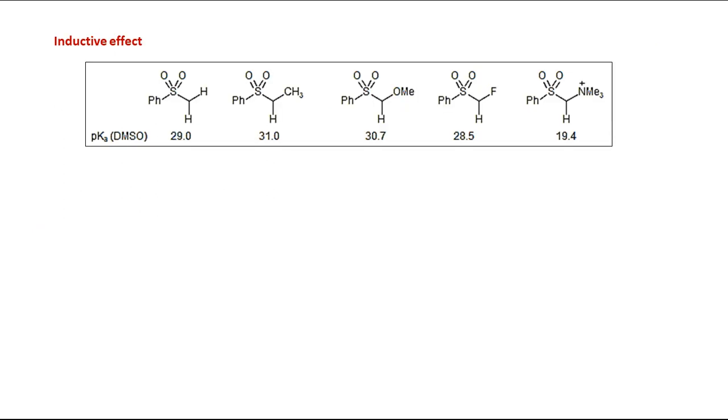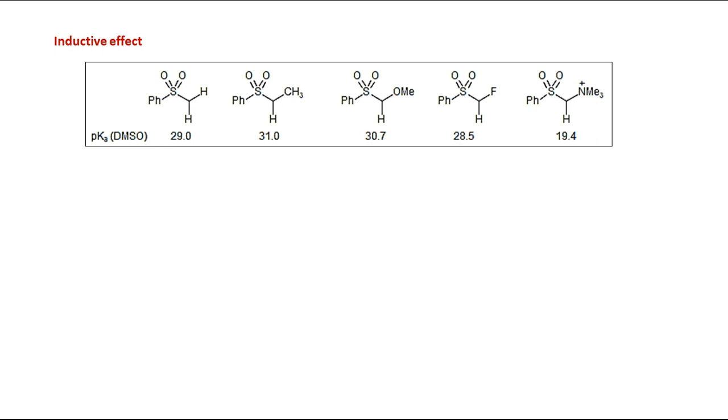Now I will consider some effects individually. First, the inductive effect, as you can see written here; then the conjugation effect; and the third, the aromaticity effect, that is, whether this carbanion is aromatic or not. So these three are the main important points. In this example, a total of 5 species are given, with the corresponding pKa values in DMSO solvent.